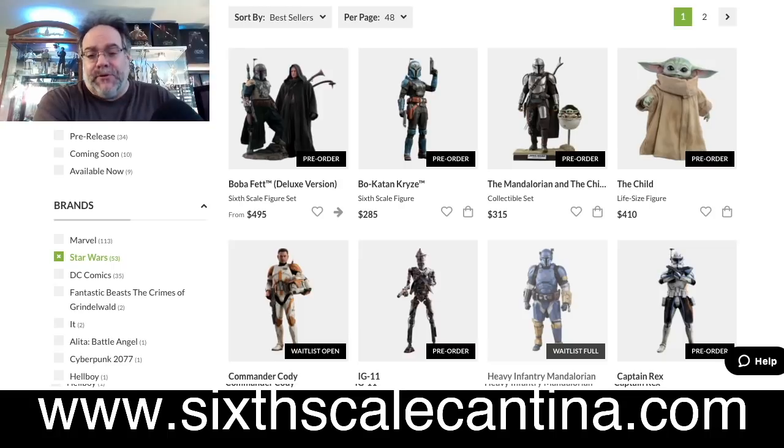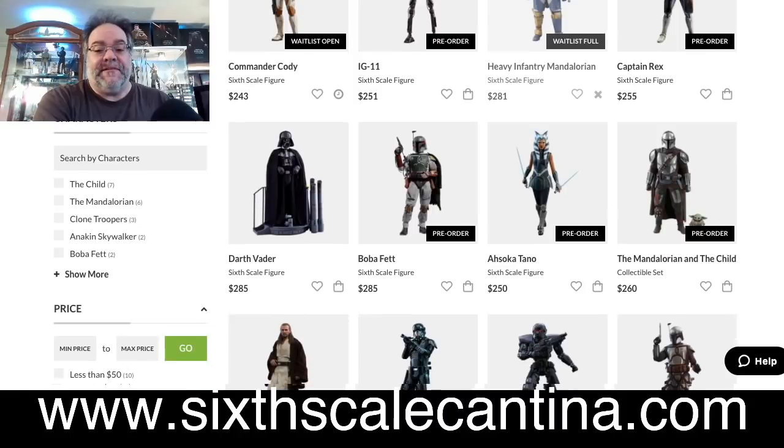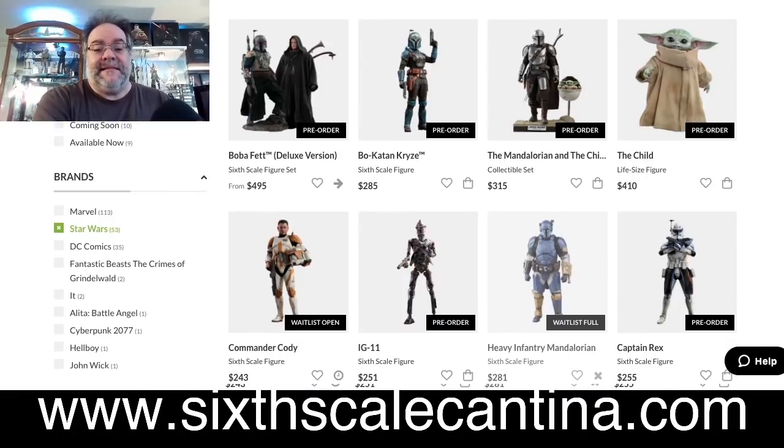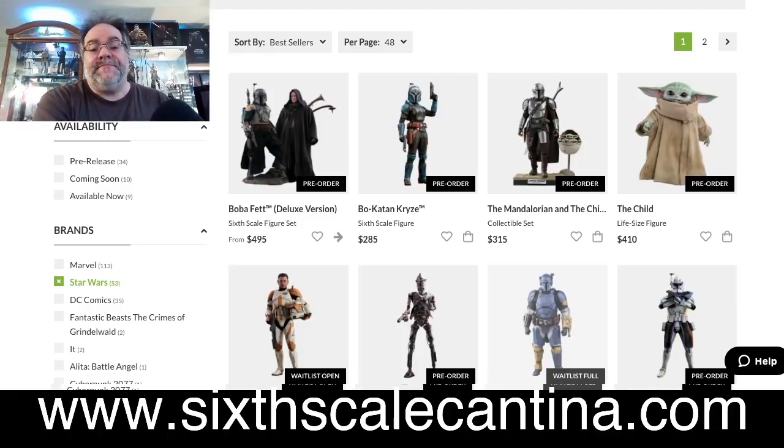But there's a lot of pre-orders on this. I mentioned it before. So don't automatically assume that this is just going to sit in stock for as long as the OG Mando did. Certainly not the non-deluxe set that we'll see below over here, because I believe they made a lot less of the non-deluxe than they did the deluxe for this release anyway. So, yeah, if you want this figure and you're waiting on this figure,